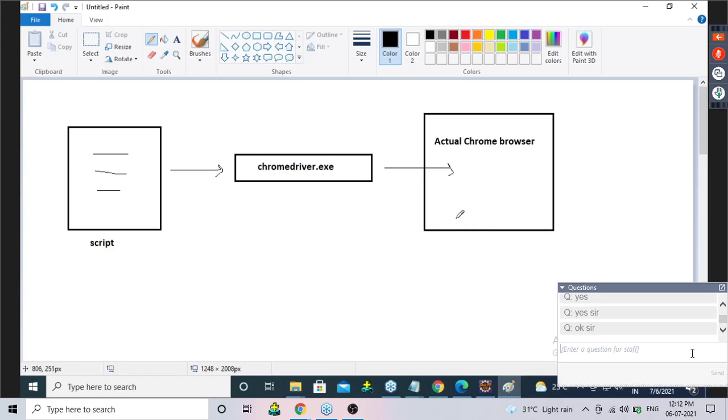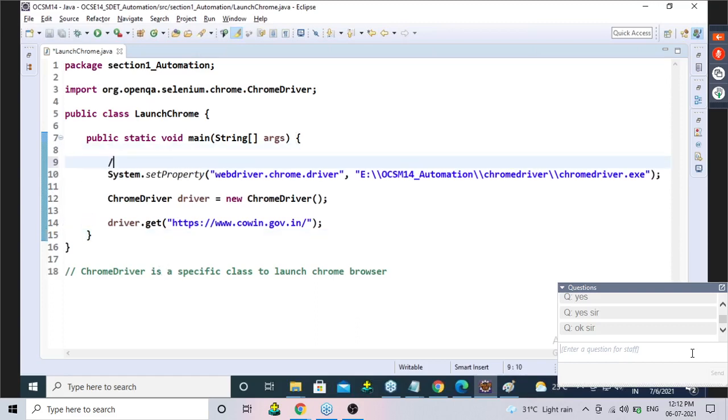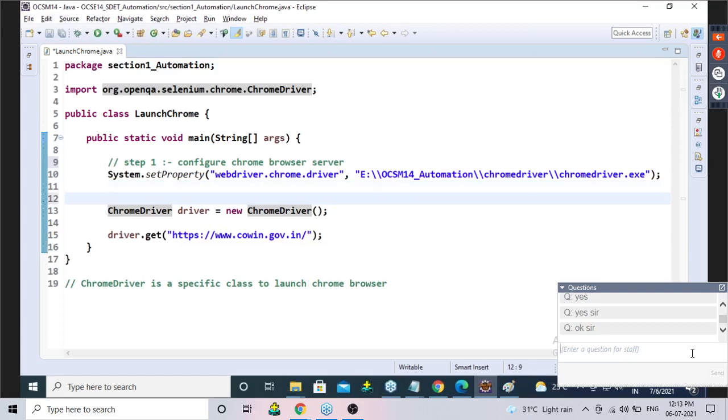Guys, still you are not getting what I am doing. See, I wrote a script. This is step one: configure the Chrome browser server. That is the internal part, Lakshman.